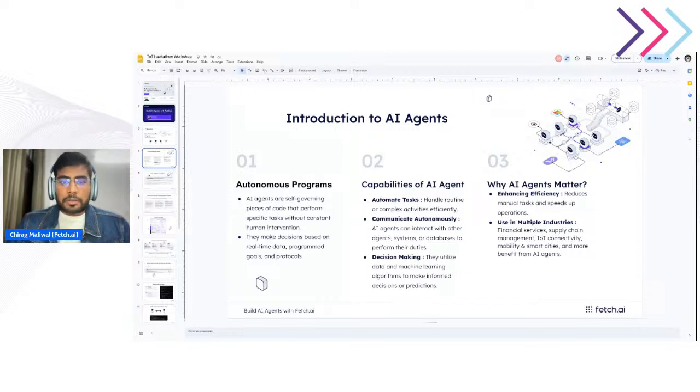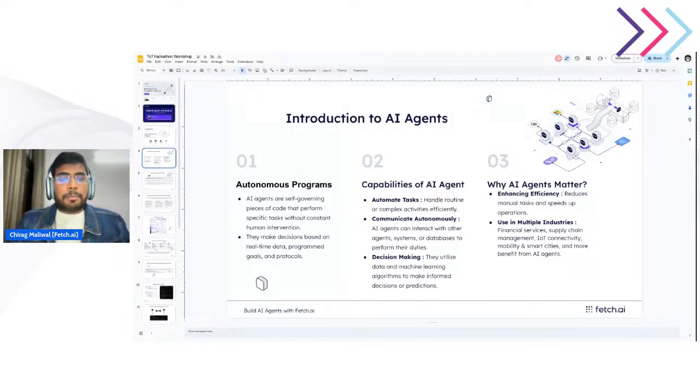And what is a multi-agent system? A multi-agent system is when multiple agents work together to solve a complex problem. Instead of a single agent doing everything, different agents specialize in different tasks and communicate with each other.